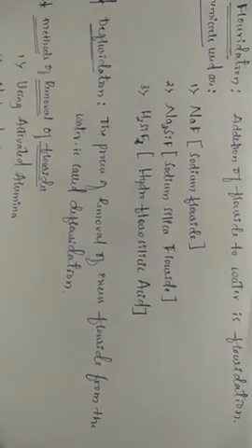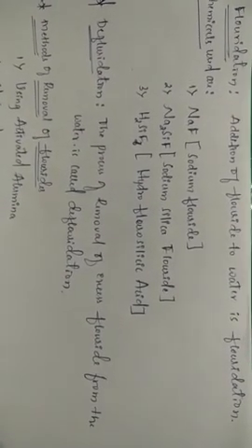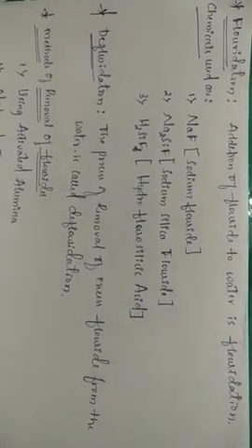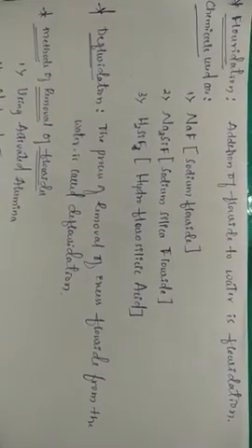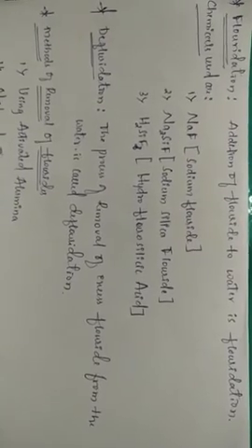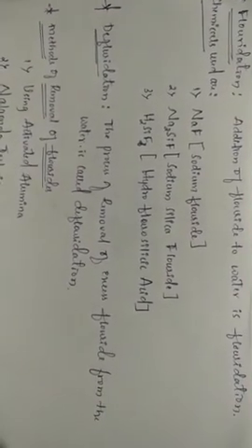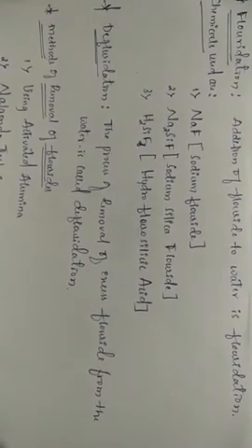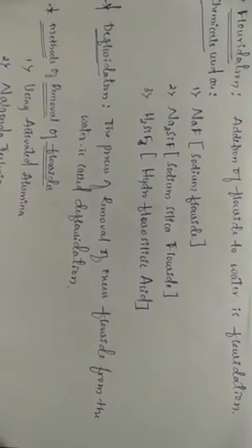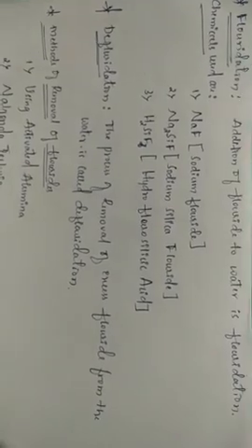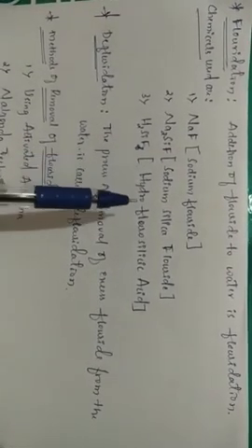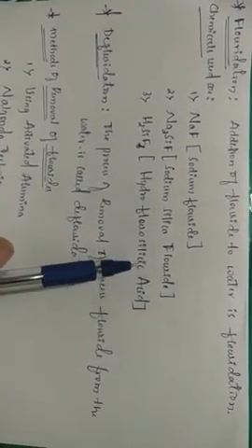Hi friends, today we discuss the topic fluoridation and defluoridation. As we know, as per WHO standards, the fluoride should be within the range of 0.5 to 1.5 ppm or mg per liter. If water contains less than 0.5 mg per liter, in that case we are going to add fluoride to the water to supply the public. The process of addition of fluoride to water is called fluoridation.